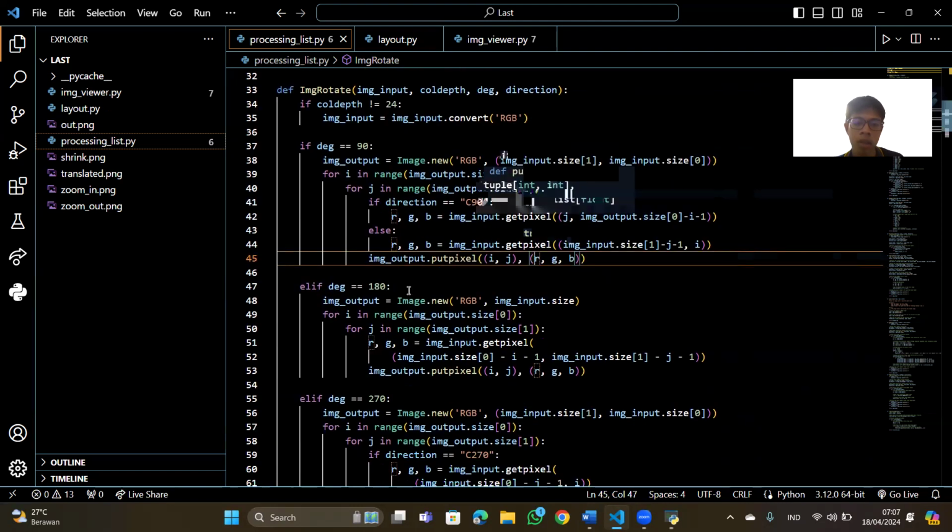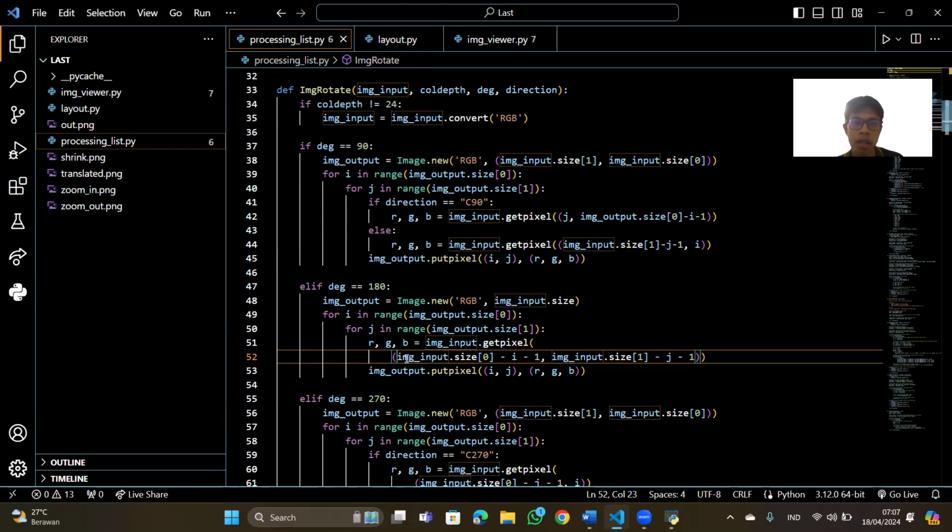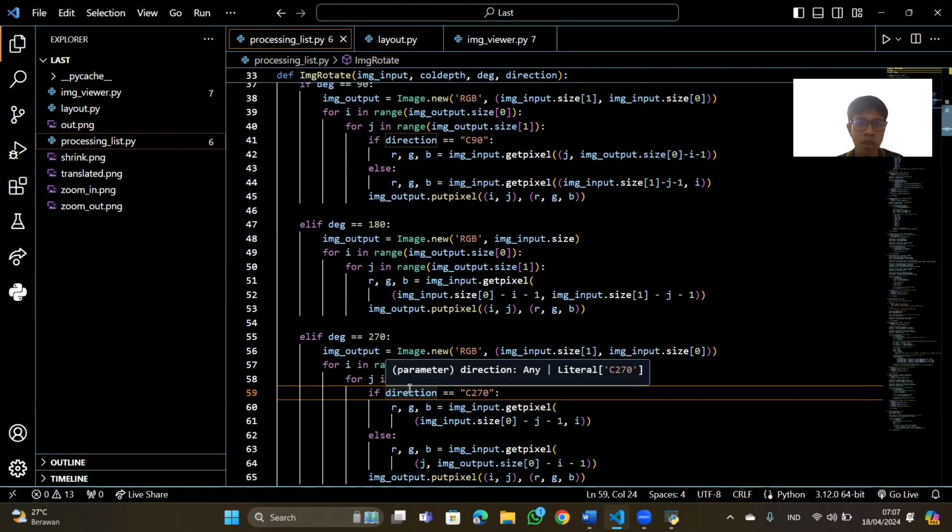For the 180 degrees rotation, the output image has the same size as the input image, and each pixel is taken from the input image by reversing its pixel coordinates, whereas in the 270 degrees rotation, the output image has the dimensions swapped between the width and height of the input image, and the pixel values are taken from the input image in the opposite side